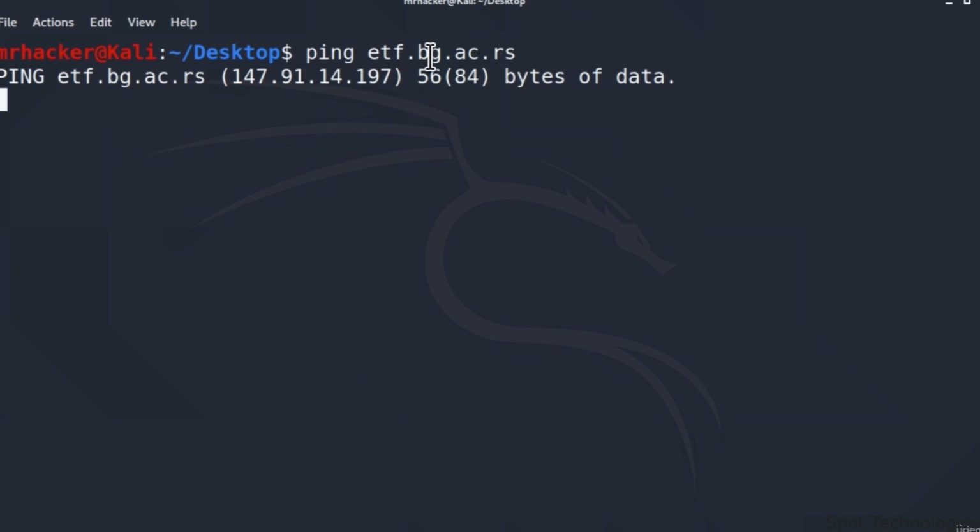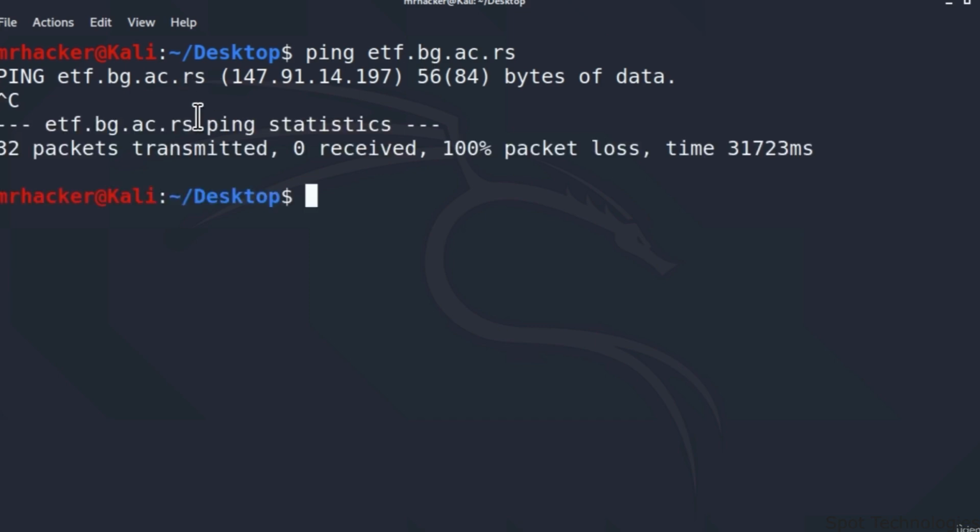So to stop this, you can simply press Ctrl+C, and it will tell us 32 packets transmitted and 100% packet loss. Now this doesn't mean that this website is offline, since if we visited this link right here or this IP address, we would open a page to that website. But just in case, let us see how it looks once we get the response back from the ping